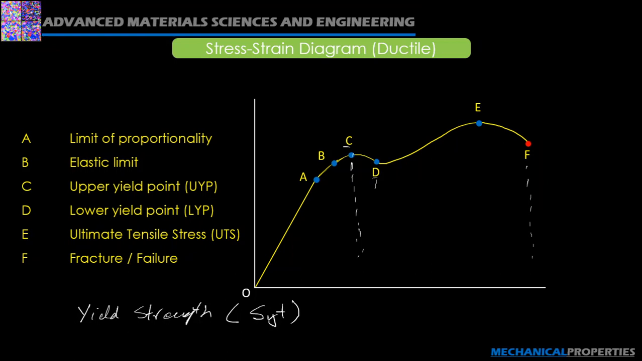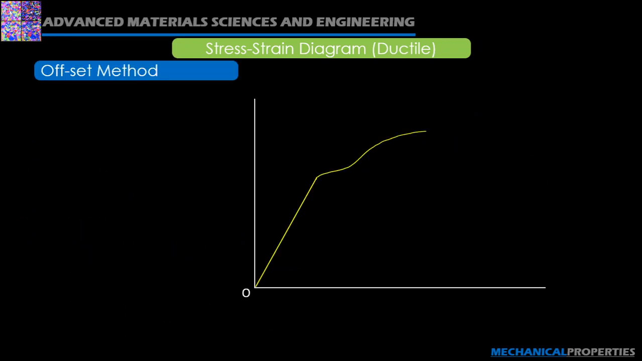Now for many ductile materials, the lower yield point is not so significant. To calculate that, the offset method is used. In this stress strain diagram we see that there is no significant point which we can say is the lower yield point or the yield point. So for this case the offset method is used for the calculation of the yield strength,